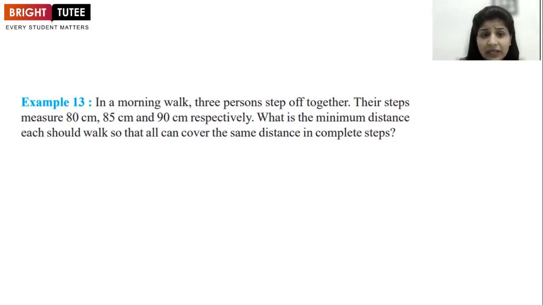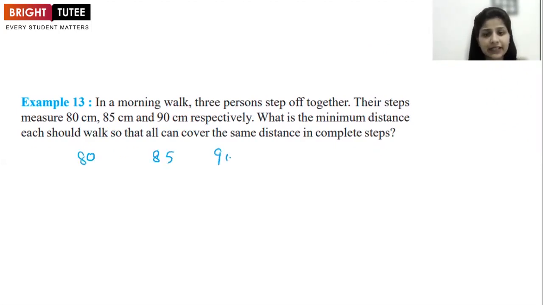Why are we finding out LCM? Because we have to find out the minimum distance. It should be completed in an exact number of steps, and the same distance should be covered. So if the same distance they are covering and it should be minimum, we are going to find out the LCM. So what we will do, we will find out the LCM of 80,